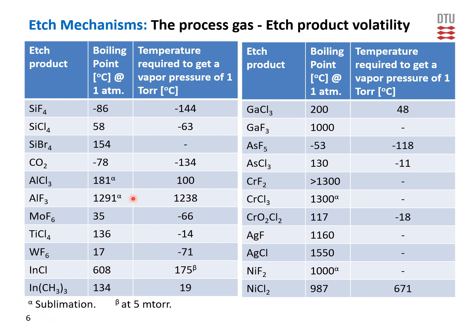So please be aware that you are etching with a process gas that can form these volatile products. If not, we will have contamination of the chamber, and this may be very bad for the user coming after you. Yes, it's also good to know that some of the other metals like silver, for example, will not form volatile products with any of the halogens. Same goes for nickel and also gold. So these are not allowed to be etched in our plasma etchers.